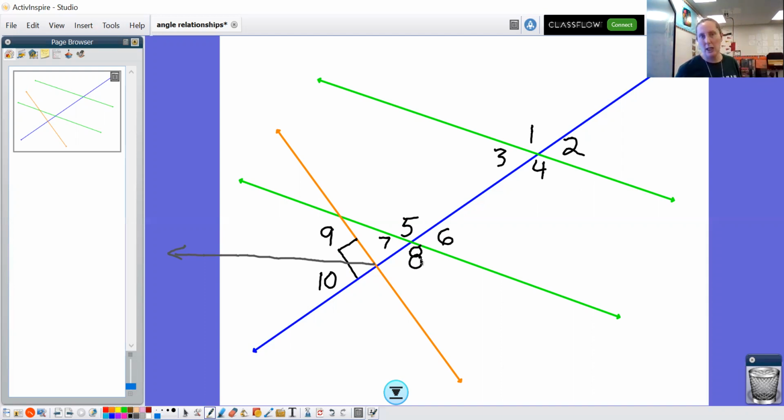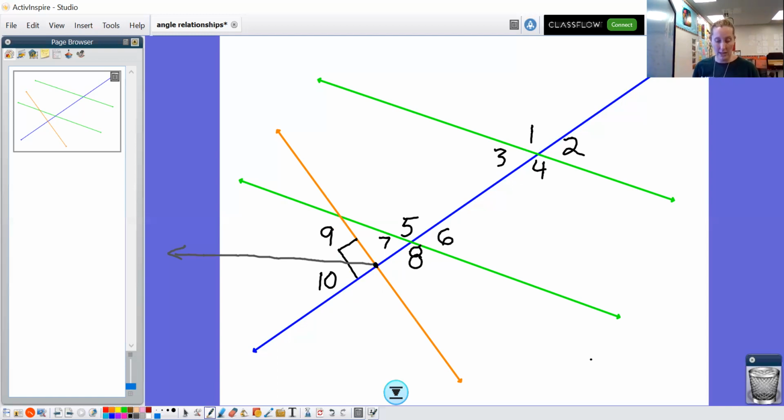We're going to define that in a minute, but for the time being, let's just understand that adjacent angles, they share a common side, okay? This gray line here, that's a common side, and they share a common vertex. So this right here is the vertex of the angle, right? Okay, so angles 9 and 10 share a common side and a common vertex, and the sum of these two